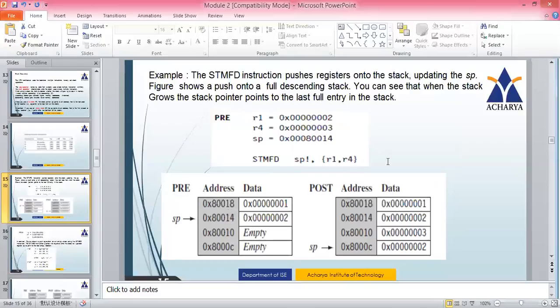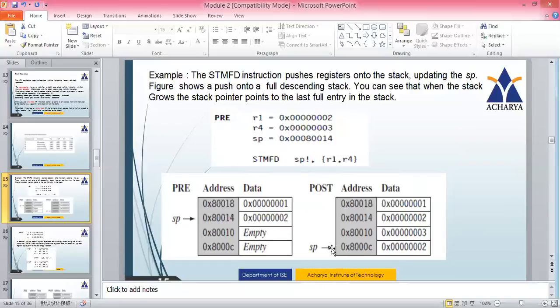So if I want to push any element onto this particular stack, the stack gets decremented. And this is the higher address. When you take these two addresses, this is the higher address. So first thing it does, it will decrement. I'm performing a decrement operation, I am performing a push operation. So first it will decrement and it will load whatever the contents are in R4, because between R1 and R4 the higher register is R4. So 3 is pushed onto the stack.